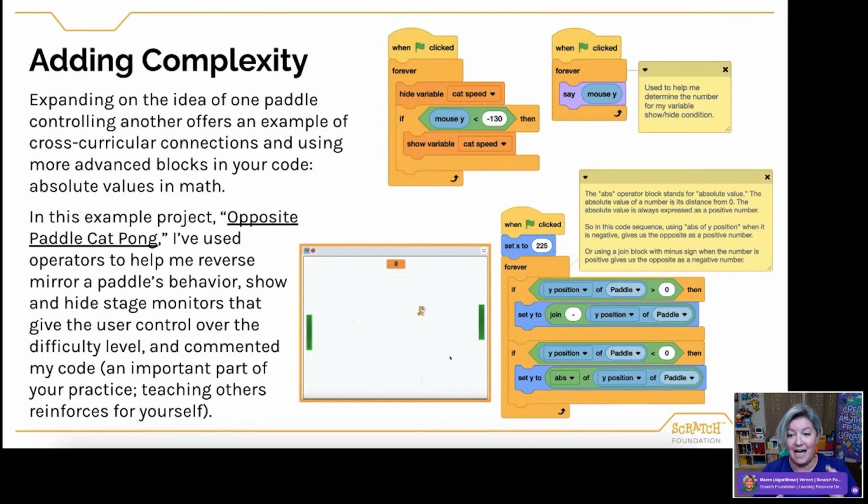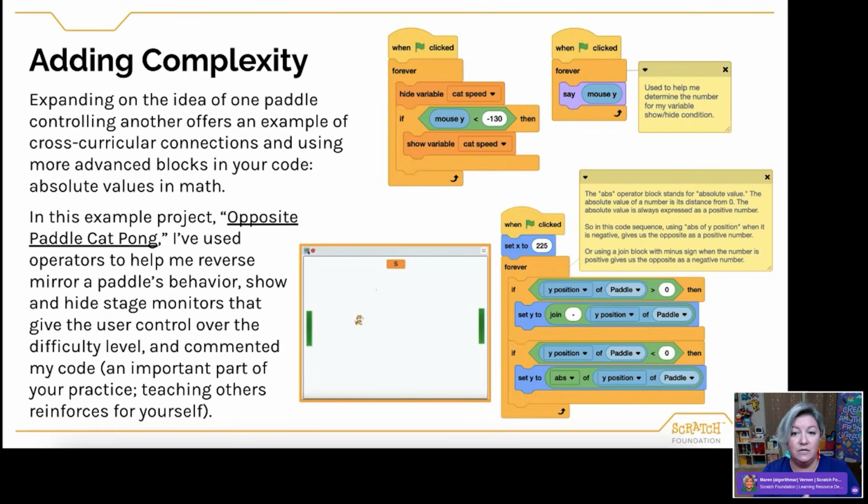And so I'm using that in the context of this game. And in this code sequence, when one is going down, so when one's position is sort of in the negative y sphere, by using absolute, it makes the other one move north, positive. So now they're always moving opposite each other.